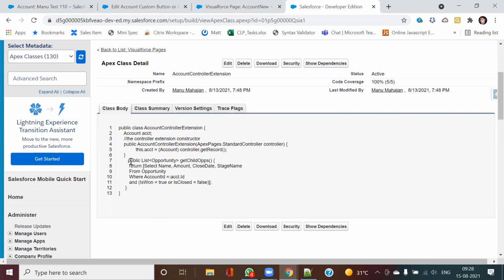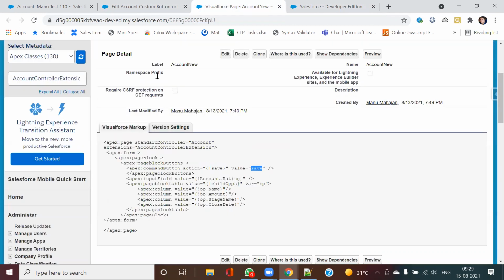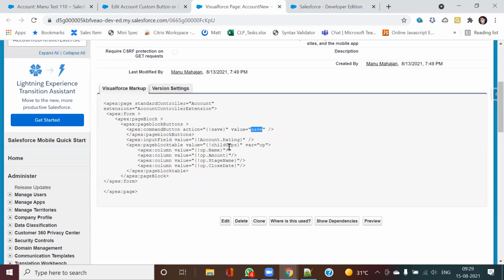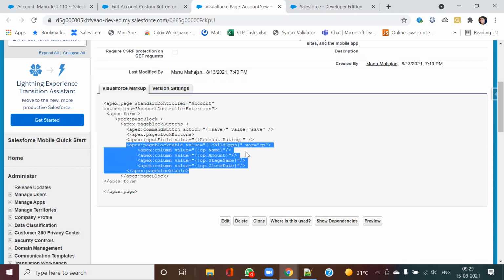So in case I would have to do it, I would need to have that command action button. I need to have override. So now this is what is doing my save part here. After that, I'm updating the rating, and apart from that, this is how I'm displaying the opportunity details.